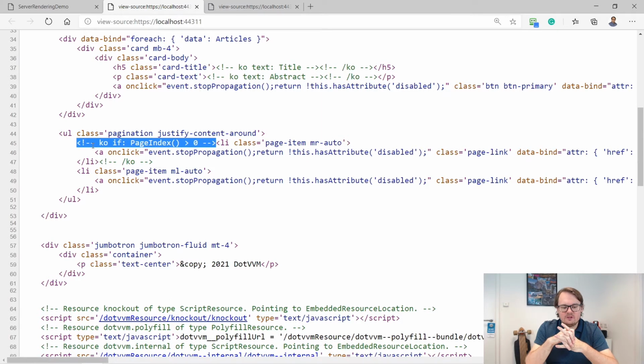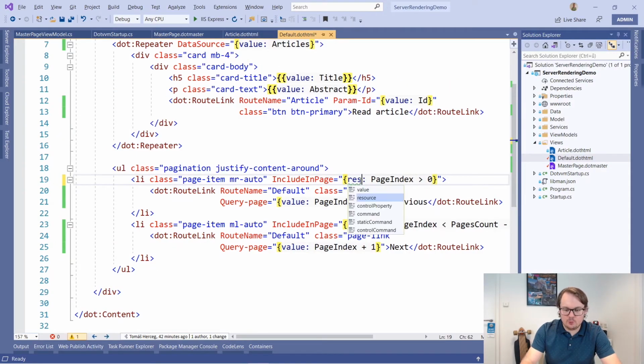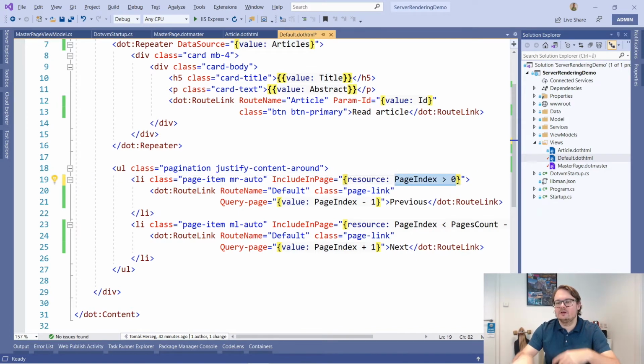But if you are using this if binding, Knockout will remove this content from the DOM, from the document object model, from the tree of elements in the page. But it will keep it for later, because if this condition changes to true, Knockout will have to return this HTML back. But if I use resource binding, it won't get rendered at all, which means that even if this condition changes later,